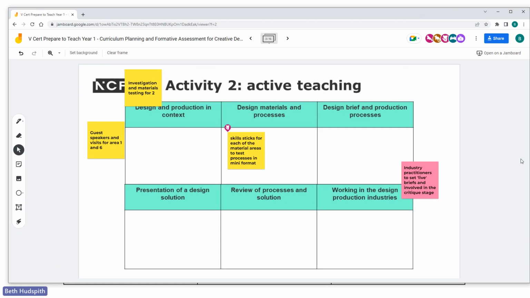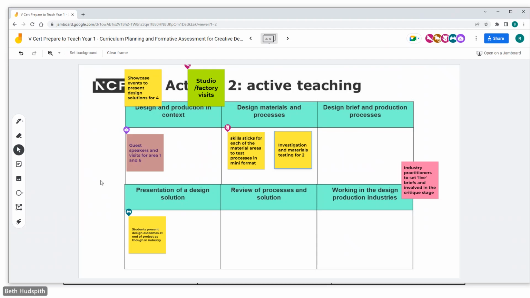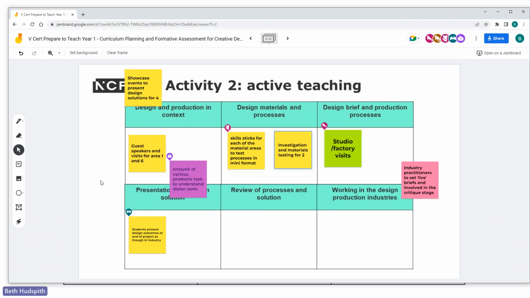We've got investigation and material testing for 2. For the presentation of design solutions, students present design outcomes at the end of the project, as though in industry. I like that showcase event to present design solutions. That's really important. And again, using your local, well, I guess it doesn't actually have to be local because it could be done via Zoom now. Showcasing events involving industry practitioners, your guest speakers,